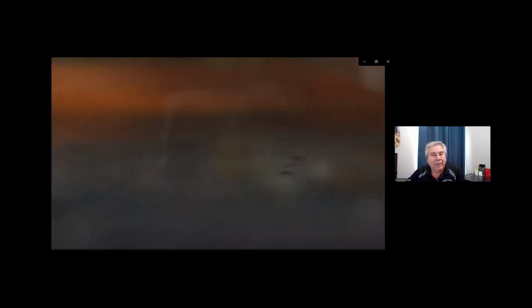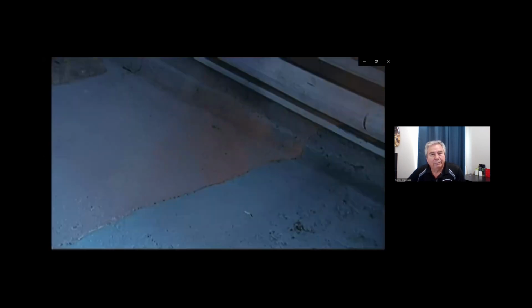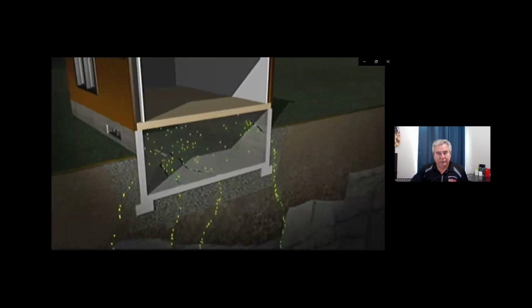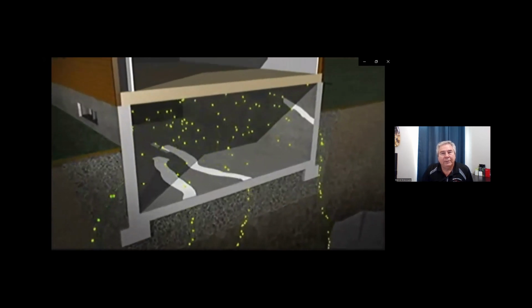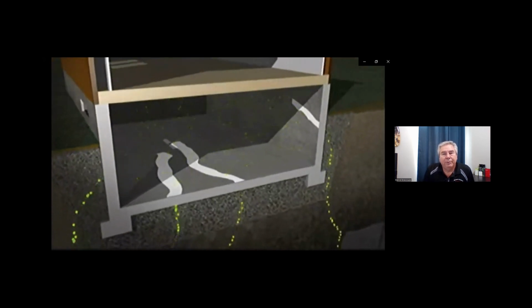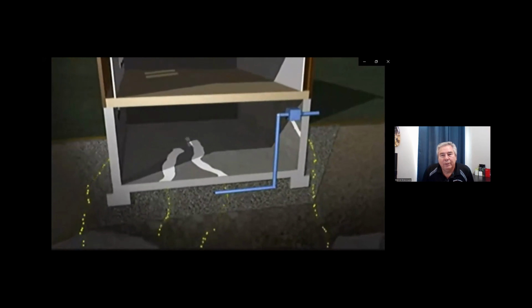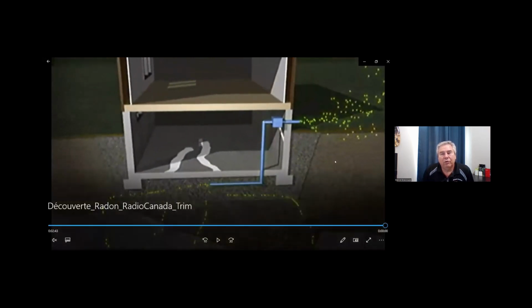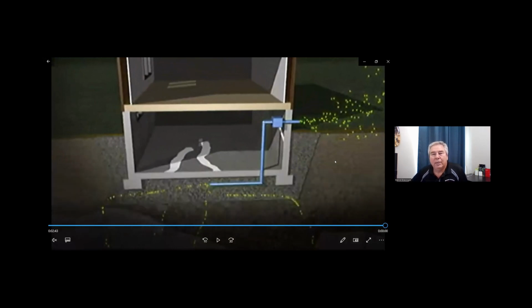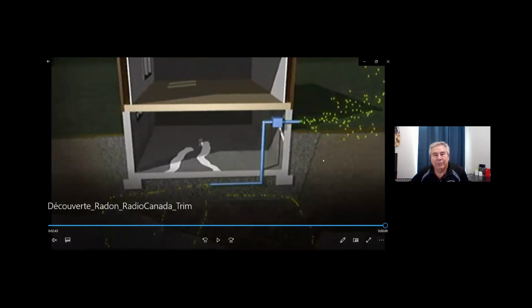So again, these plumes are like the back of a plane, that plume. That's the condensation we're seeing here. Radon infiltrating into the basement. So there are things you need to do to try to minimize that infiltration into your basement. We could seal all the cracks and openings, or we can install a system that will capture the radon underneath the concrete floor and shoot it outside before it has a chance to get into the basement of your home.